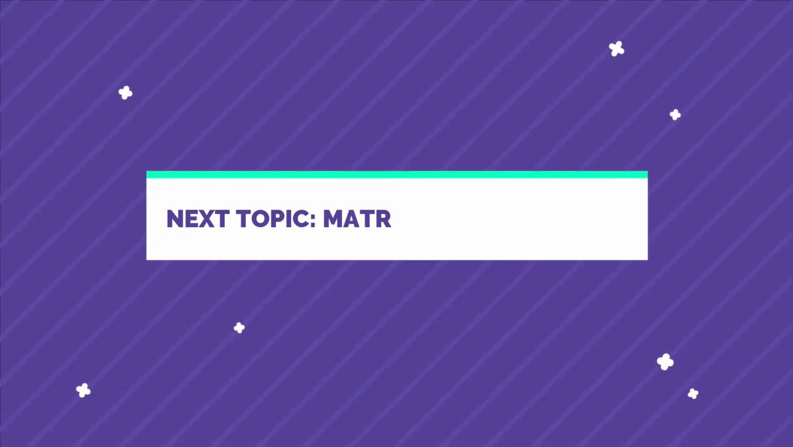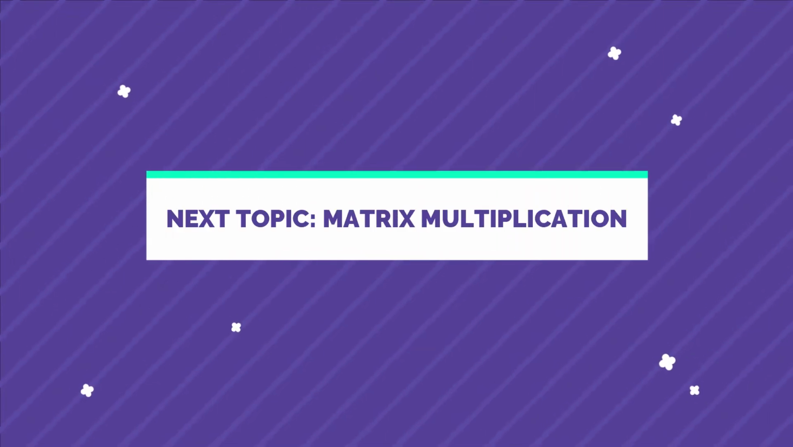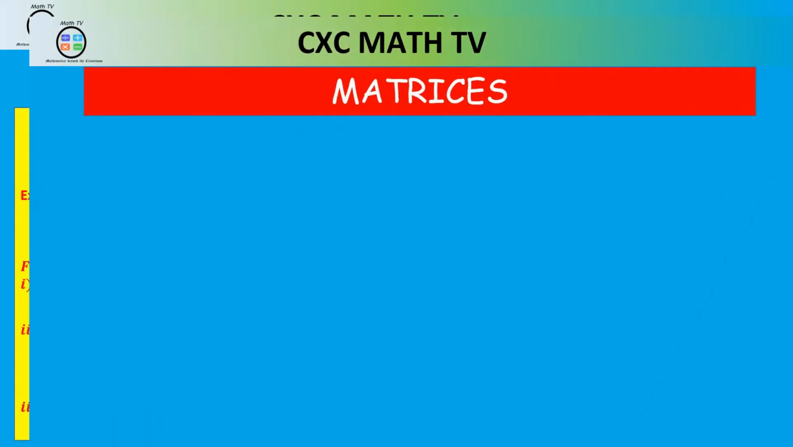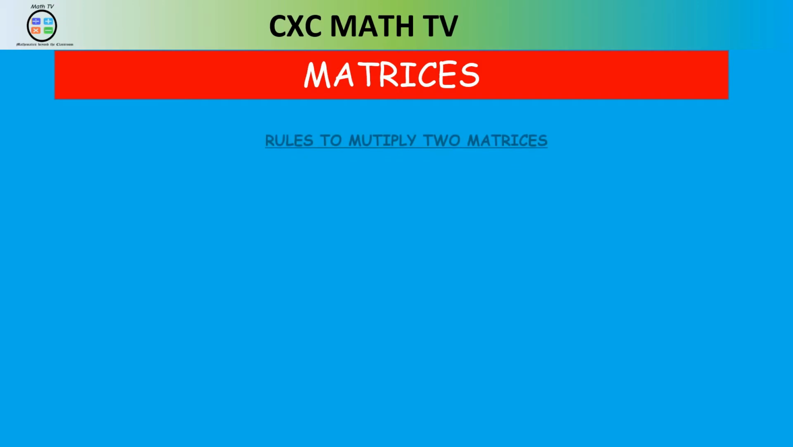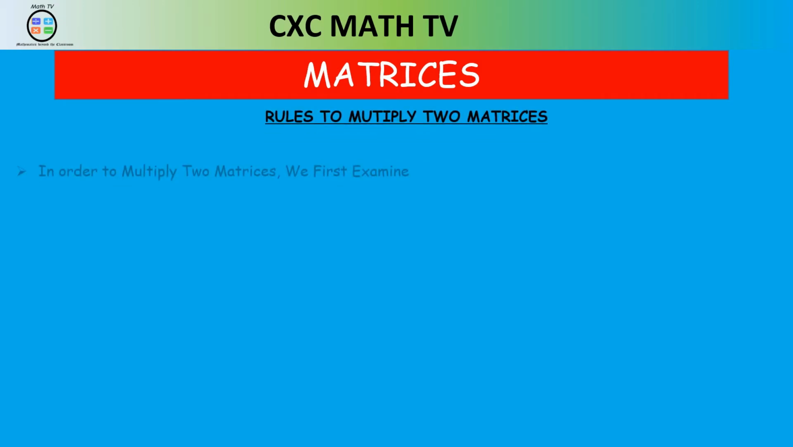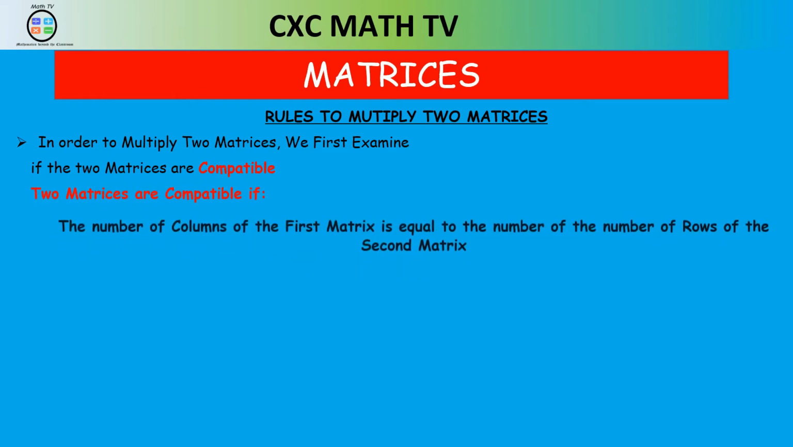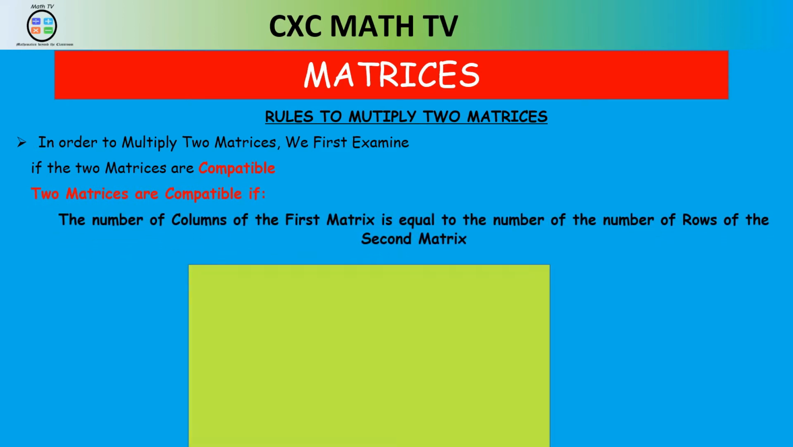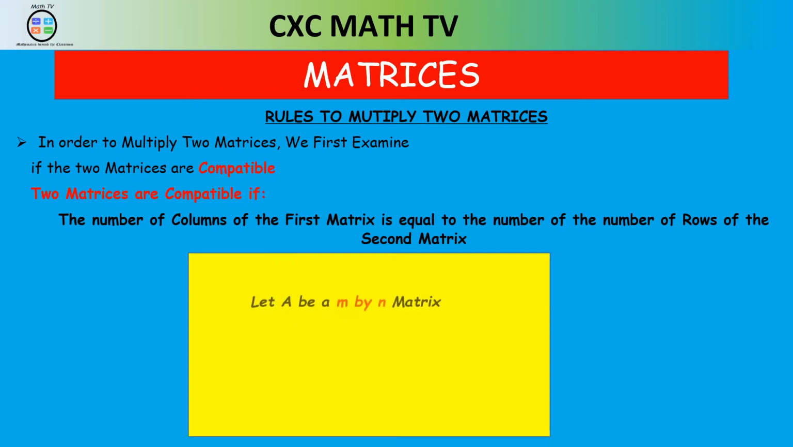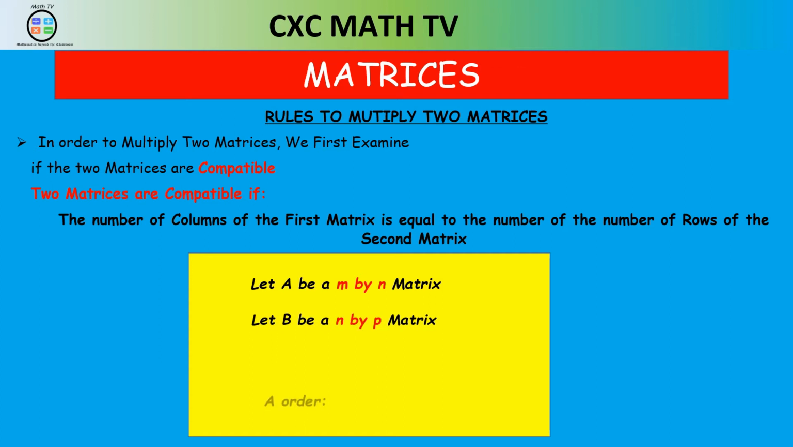Now, the next thing to talk about is how do we go about multiplying two matrices? In order to multiply two matrices, we first need to examine if the two matrices are compatible. What do we mean by compatible? Two matrices are compatible if the number of columns of the first matrix is equal to the number of rows of the second matrix. So let's say the first matrix A is an m by n matrix,